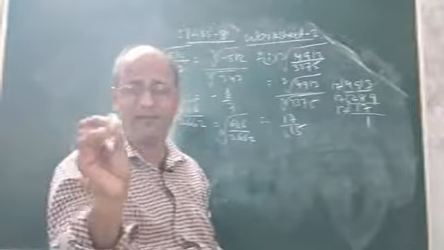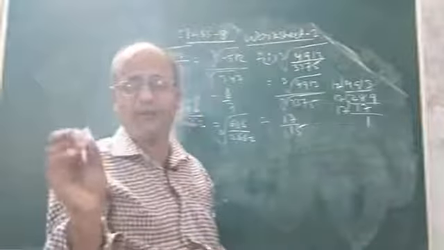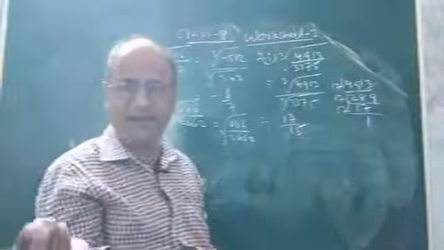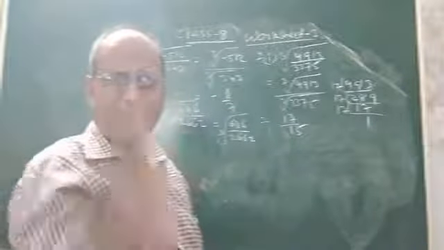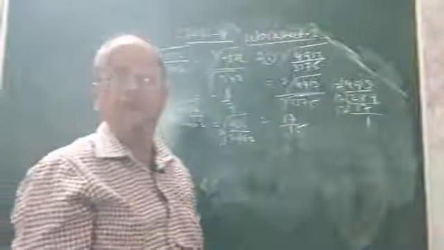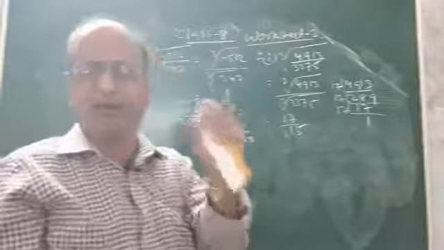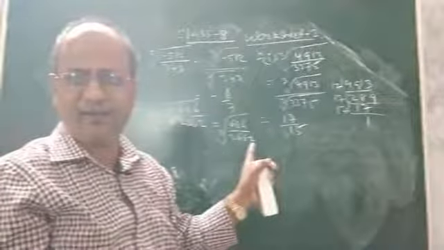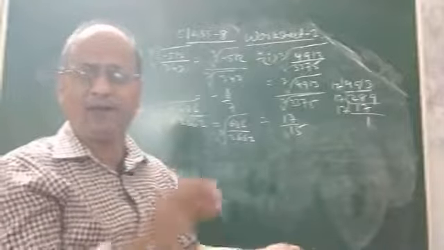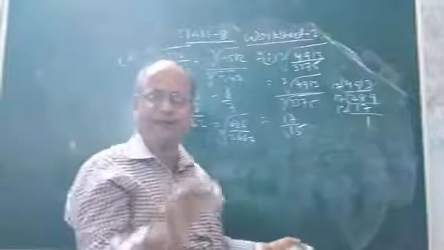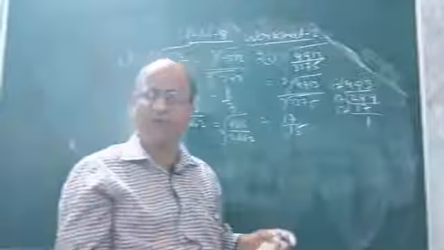Find the prime factorization and form triplets. On forming triplets, if some prime factor is left, then it is not a perfect cube. If no prime factor is left, only then will we say that it is a perfect cube.